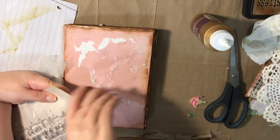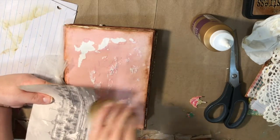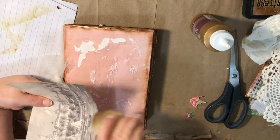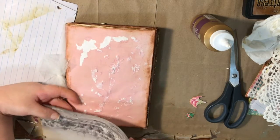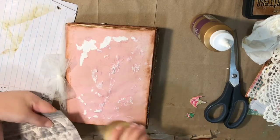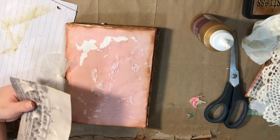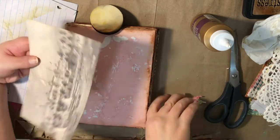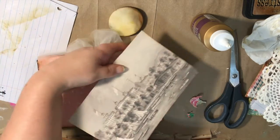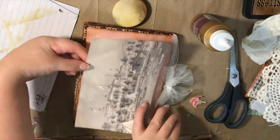It's one I printed out from the New York Public Library, which I've used a ton of stuff from. And this is actually an illustration. I don't have much ink on here, but it'll be enough. This is the back. Oh my gosh, I feel like such a dingbat. Okay, let's first of all figure out, do we want this way? Or